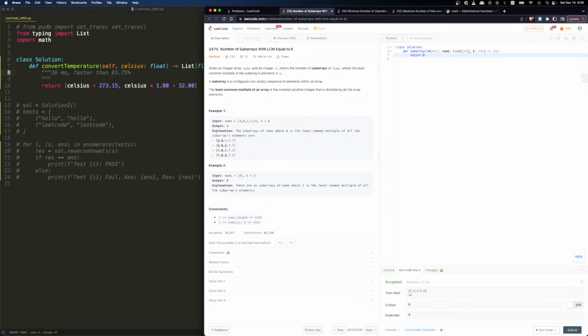If it does not reach k, then we give up. But if, as we go through everything, the LCM is k, then we can try to find out